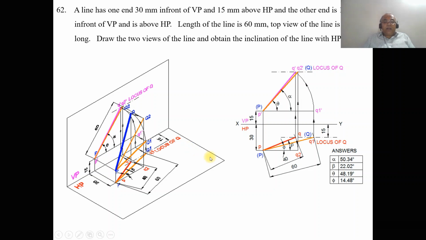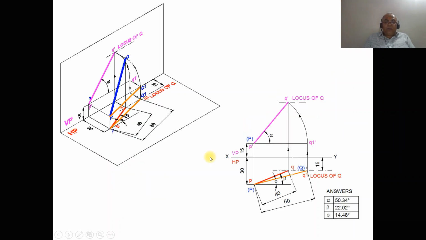Now we will analyze this stepwise and also in orthographic projection. Here we have the true length in the horizontal plane. Since it is the true length in the horizontal plane, and we also know the top view, the front view of this point should lie on this end projector.